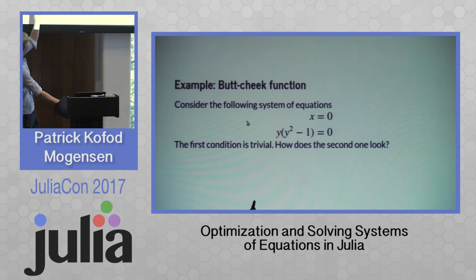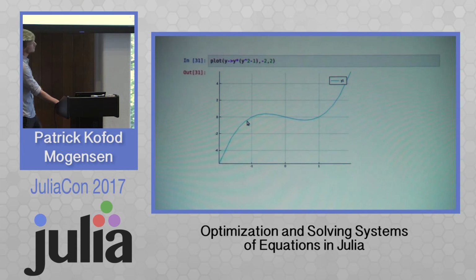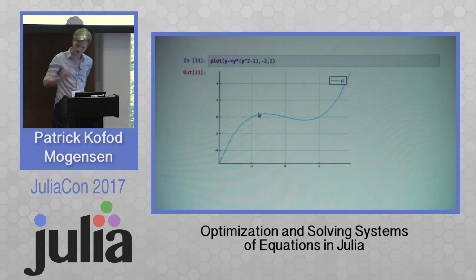So the first equation is quite easy to solve, right? X equal to 0, you just choose x equal to 0. And the second one is also quite easy to solve, but let's just try to plot it instead. So here we see that having set x equal to 0, there are 3 different solutions to this problem that